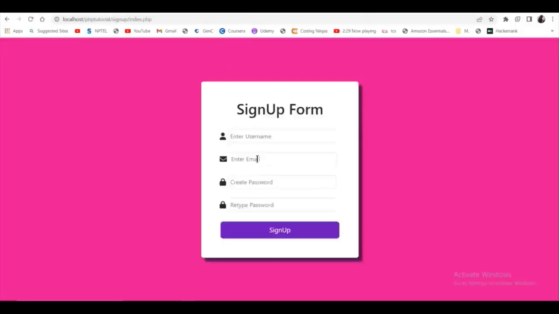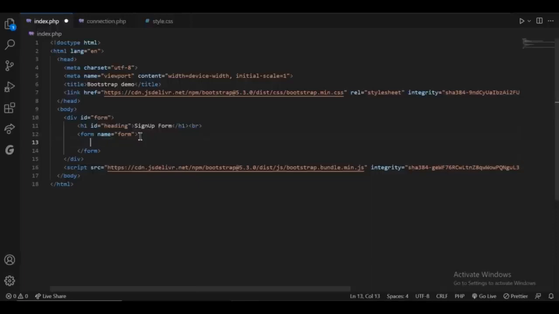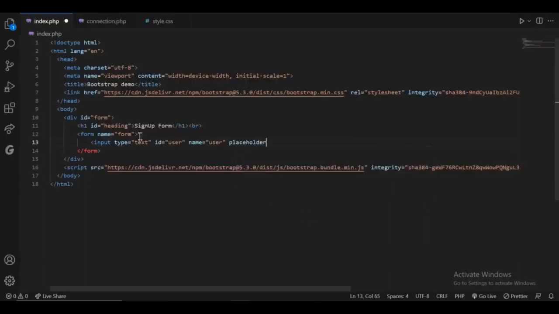Now for these 4 fields we will need 4 input tags. So let's create 4 input tags in this website. Inside the form tag I will give the input tag with the type text for the username, then the ID will be user, then name will also be user for this input field, and I will give the placeholder equals to enter username,